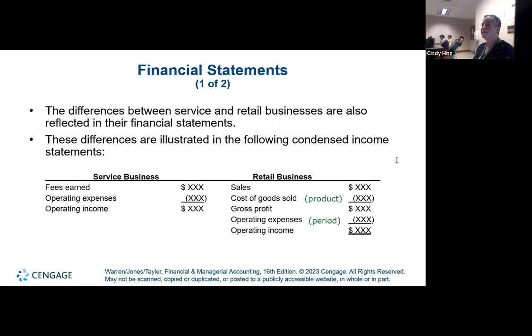Another term for product cost is inventoriable cost. Inventoriable cost. And I'm going to put it down here, but I can tell you that spell check does not like this word. I don't know why it thinks it's not a word, but it doesn't. It is a word. Inventoriable means when you buy it, it goes on the balance sheet as inventory. So it's an asset for us until we sell it. And at the time we sell it, it comes off our balance sheet. It's no longer inventoried, comes off our balance sheet and onto the income statement, as you can see here. Cost of goods sold. So the product cost, another term for that, is an inventoriable cost.